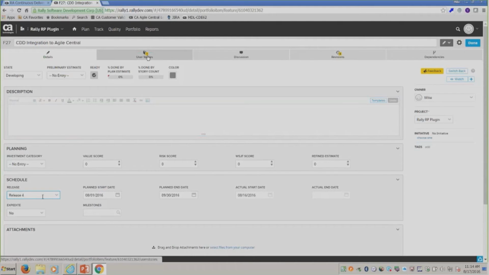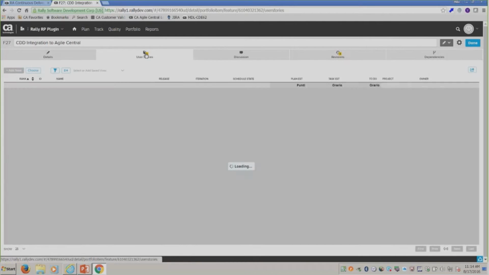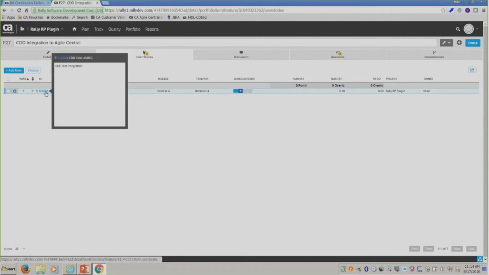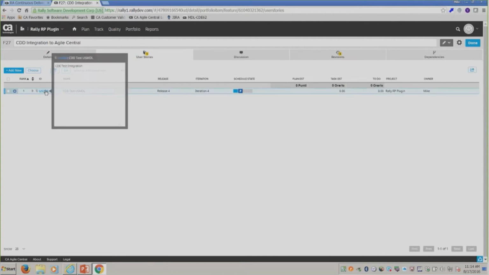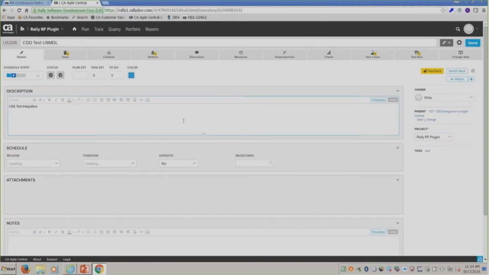And as you'll see, I've created one user story to go with it. So as I click on here and go into Agile Central, you'll see that here's the user story. And it's assigned to release 4, iteration 4, and it's in progress. And as we pull it up, you'll see that I have 3 tasks, 1 defect, and a test case that are assigned to it. So US 206 is my user story, and I have 3 tasks,